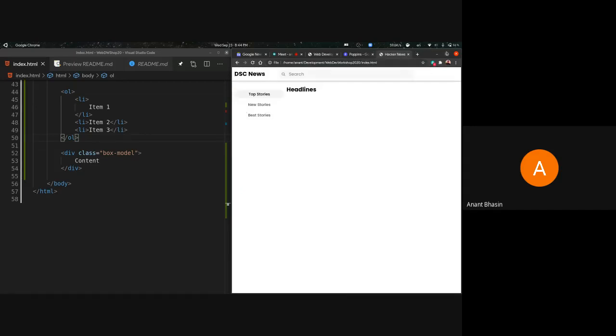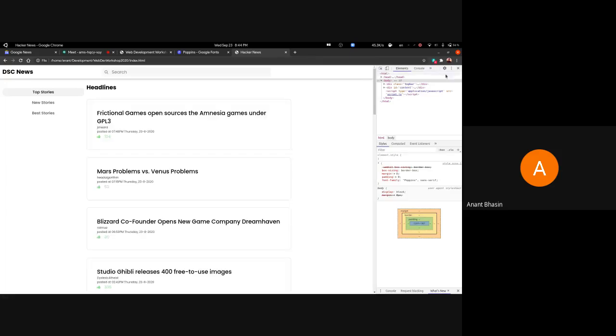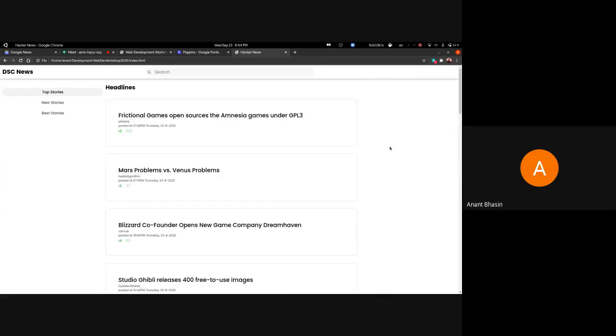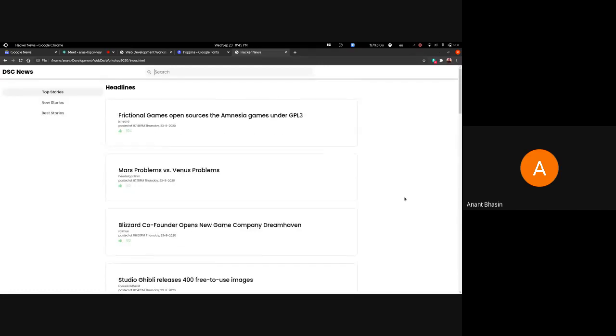So this is just something that we made in an evening. The news should be appearing anytime now. We're using the Hacker News API, and we'll explain all of that. In this element we're using an input tag and stuff. So this is what we are going to build. We are also going to add the weather and some other functionality. But this is the very basic stuff that took us an hour and a half to build. So this is where we are going to be using what we are going to be talking about, the form tags.